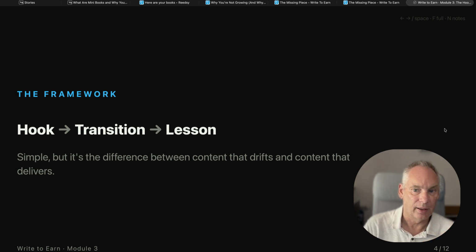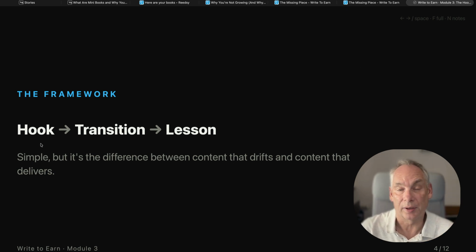So I can come here and you'll see exactly like this video here, we've got my face somewhere, usually on the top right on these. That's why I leave this area completely free. And it's about hook, transition, lesson. So I will talk about how you write the hook, the transition and the lesson. If I make a mistake, I will just pause and talk through it again. When it comes to editing, I just take the best part of it and leave that in and get rid of everything else.